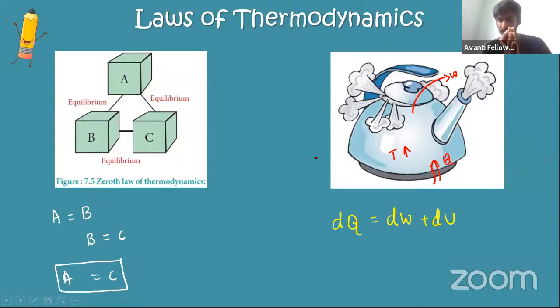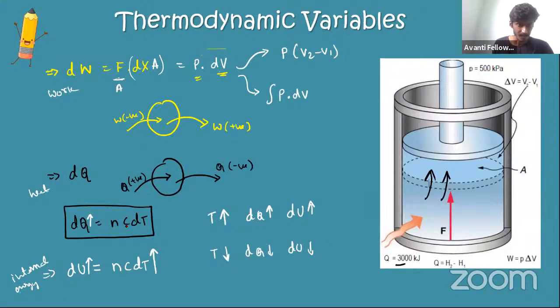So what happens here is, you have a coffee kettle, and when you have a coffee kettle, you're going to heat it. Very simple. So inside there is coffee or milk. Now what's happening when you do that? The temperature increases very slowly, right? And I told you very clearly that whenever temperature increases, heat energy increases, and whenever heat energy increases, internal energy also increases. Very simple, right?